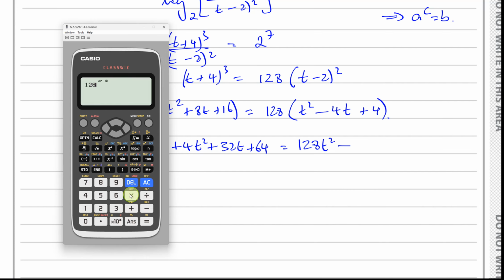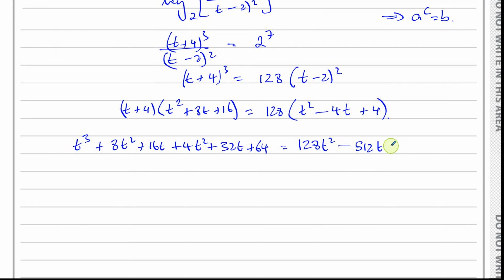Let's see, 128 times 4 gives you 512t, plus 512. Okay, now we can bring the terms onto one side. So I've got t cubed, and 8t squared plus 4t squared is, let's simplify this first, 12t squared. You've got 16t plus 32t, that's 48t. And you've got plus 64, and this is 128t squared minus